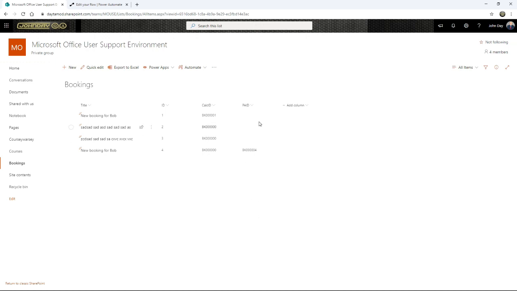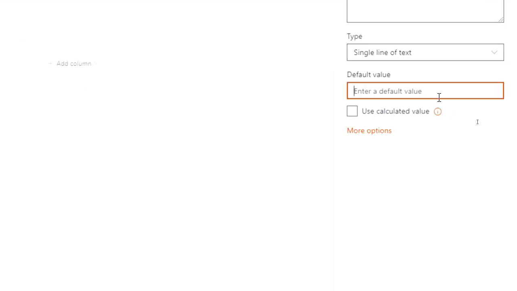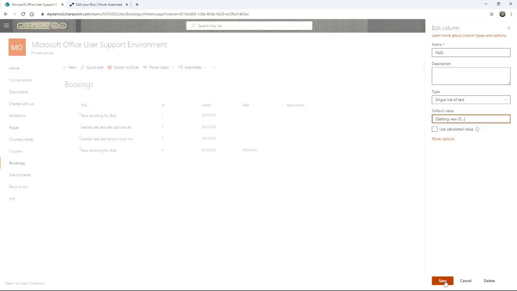So a little thing I do, and it's up to you if you want to do this. I'm going to click on the drop down box. I'm going to go into the column settings. I'm going to edit this paid column, and I'm going to put in a default value. Put in anything you like there, but it's going to be like a placeholder that lets them know the number's not there. So I'm going to have it appear in square brackets saying getting new ID. So this is kind of a little thing to say we are generating it and to let them know it has worked. It's text, it's been stored in the text box, but the Power Automate, when it runs, will overwrite that. So I'm going to save that,